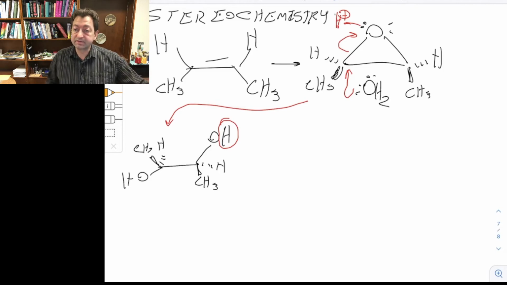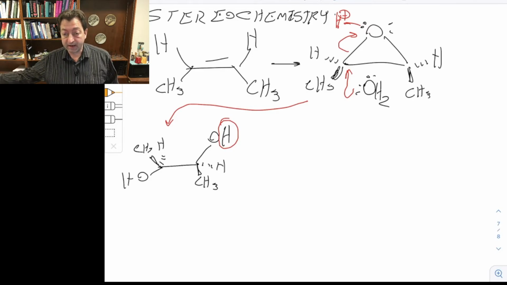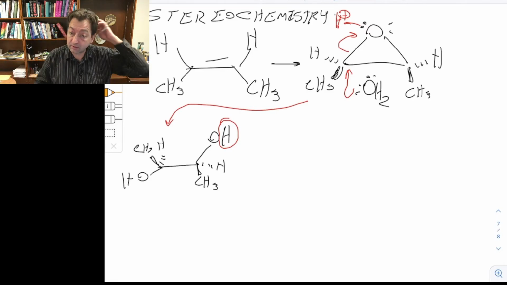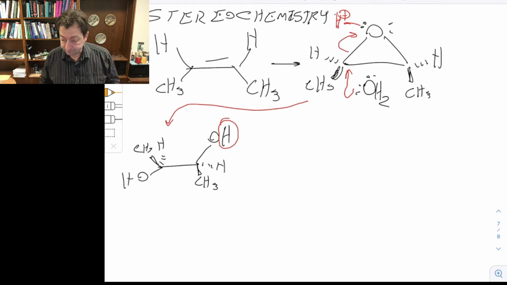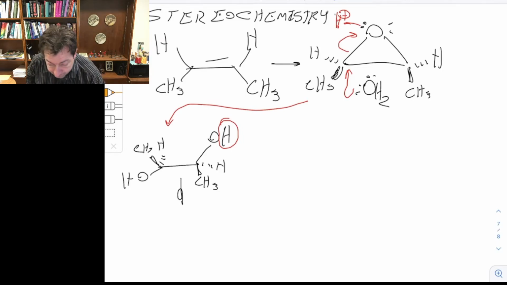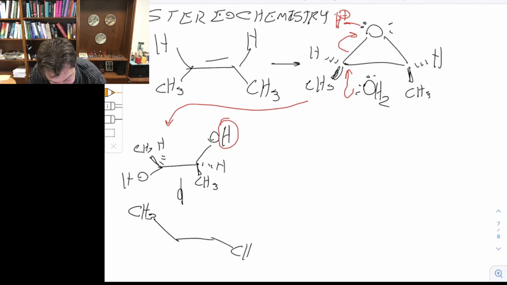We get something that looks like that, where the incoming water is coming in from the opposite side of the molecule, from underneath where the epoxide ring opened. And so of course, if we're looking at this particular conformation, we recognize there's another conformation that we can make here. And so, just for us to be able to keep an eye on the stereochemical relationship of these molecules,